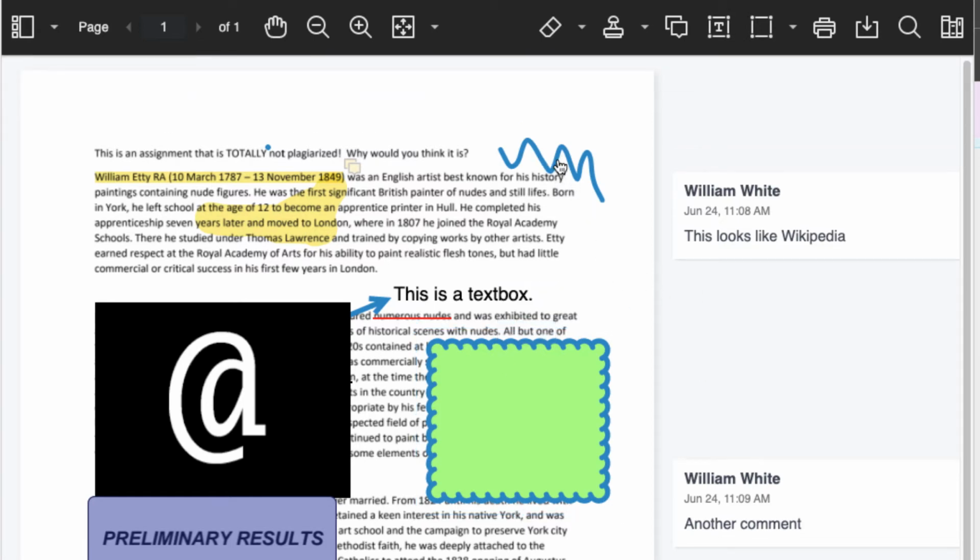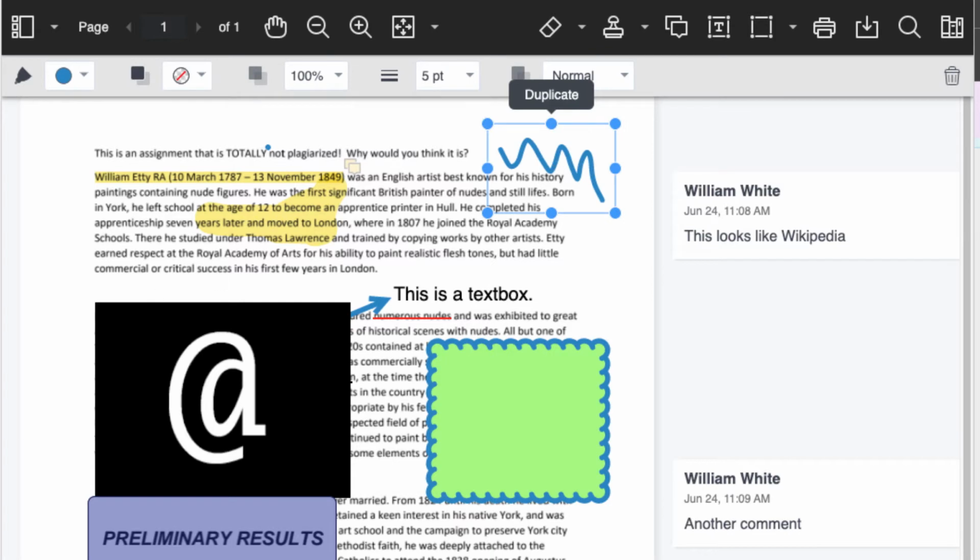Free drawing works much the same way. When I click on that, I get that same menu, and I can click Duplicate to copy it. You can also resize the drawing with these handles. A word of warning about that, the pieces of the drawing may be different than you think they are. So if you did a couple of clicks to draw something here and you resized it, it might only resize part of it.